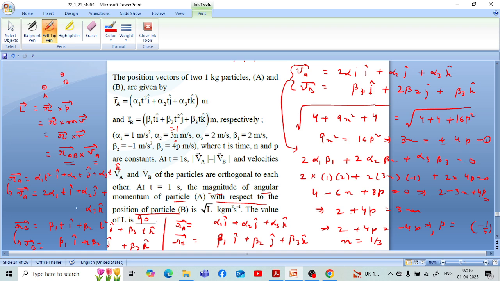हैं। मास दोनों पार्टिकल्स की 1 kg गिवन है, तो m की वैल्यू 1 पुट करेंगे तो r क्रॉस v। अब यहाँ इंपॉर्टेंट पॉइंट ये है कि हम r और v क्या लेते हैं इस प्रॉब्लम के लिए। यहाँ पे हमसे मैग्नीट्यूड ऑफ एंगुलर मोमेंटम पार्टिकल a का पूछा गया है विद रिस्पेक्ट टू पोजीशन ऑफ पार्टिकल b, विद रिस्पेक्ट टू पार्टिकल b ना कहकर पोजीशन ऑफ पार्टिकल b कहा गया है। तो इसलिए जो v ले रहे हैं हम वो केवल va लेंगे, vab नहीं लेंगे। ये इंपॉर्टेंट पॉइंट है।